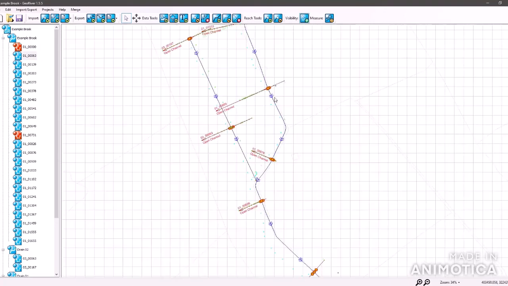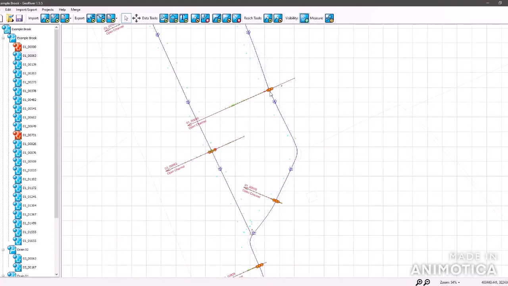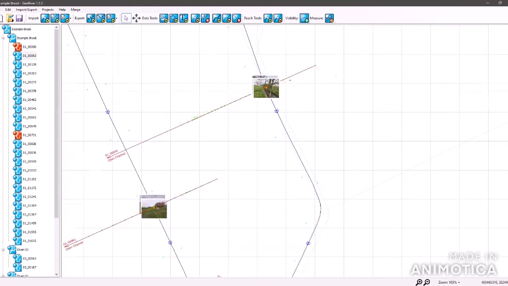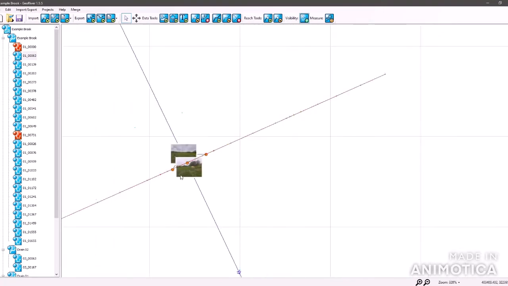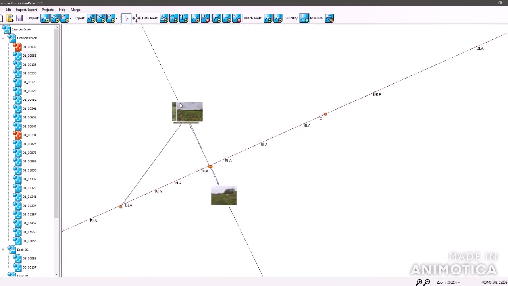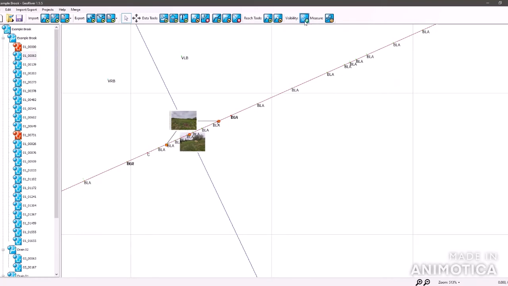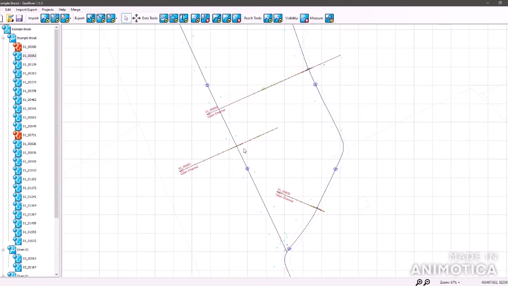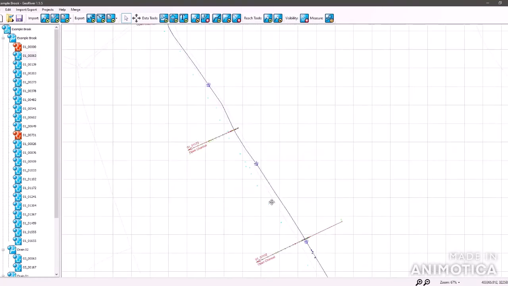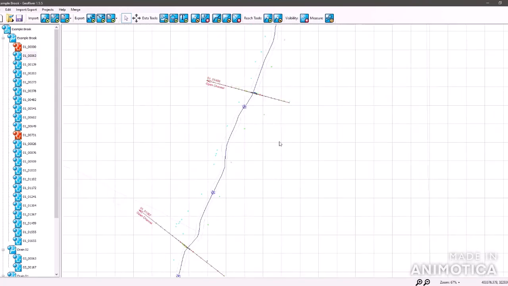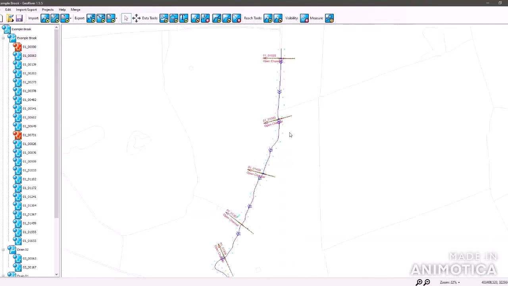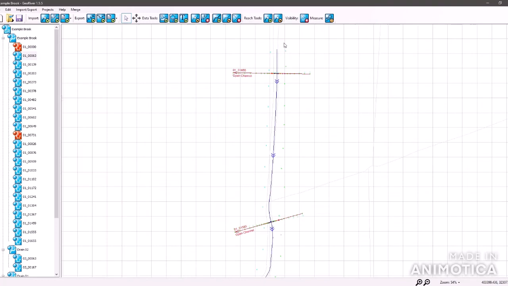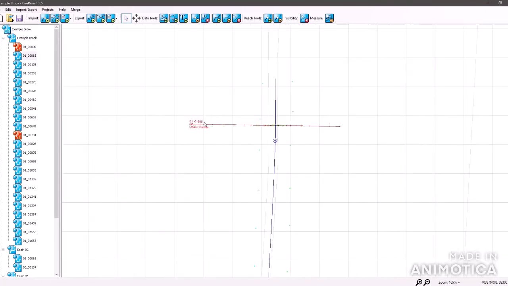Photos, as you can see, you can't see any photos at the moment. You've got these orange nodes. If you zoom in far enough, they appear, and also you can isolate them completely by just turning them off there. You can have the photos embedded in the model, or you can have them as an external reference. We zoom into this cross section here, we've got the cross section name, we've got the description, and if